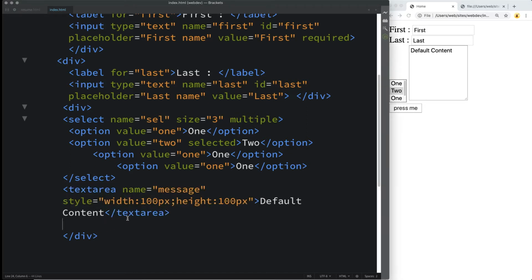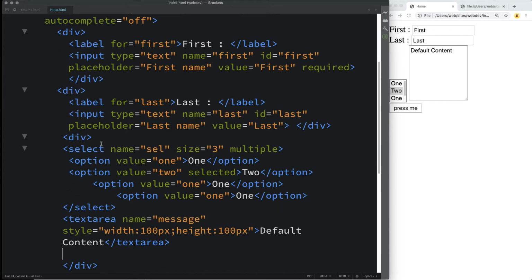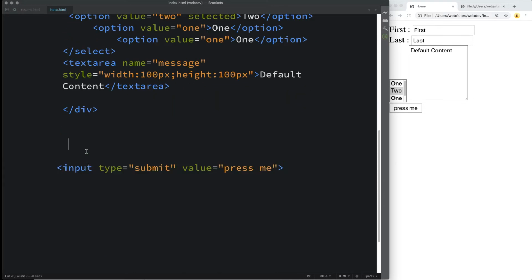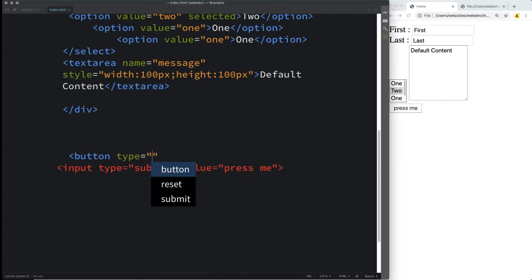There's also inputs. So we don't always use the submit button that we saw within the submit input. You can also use buttons. So these are the button elements within HTML. And what they do is they create buttons. So specifying the type as a button. And there were also some options here. So this can actually be type submit. It can also be reset. And what reset will do is it will clear the contents of the input field.